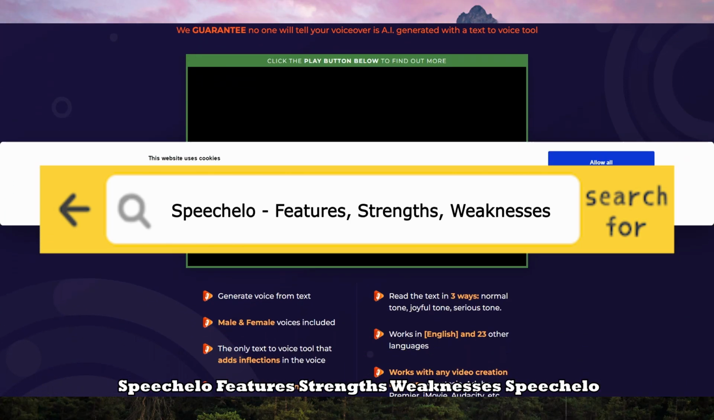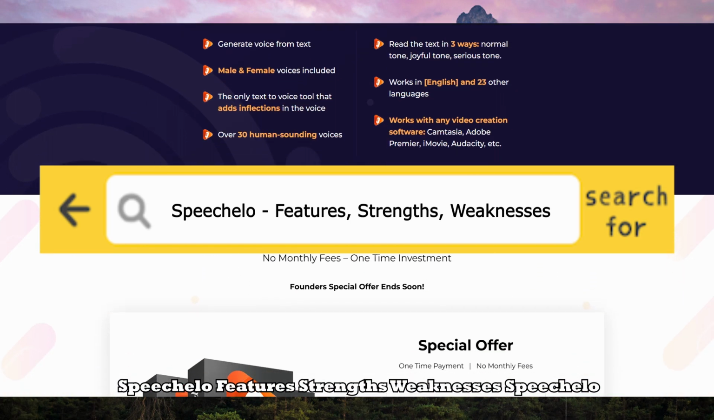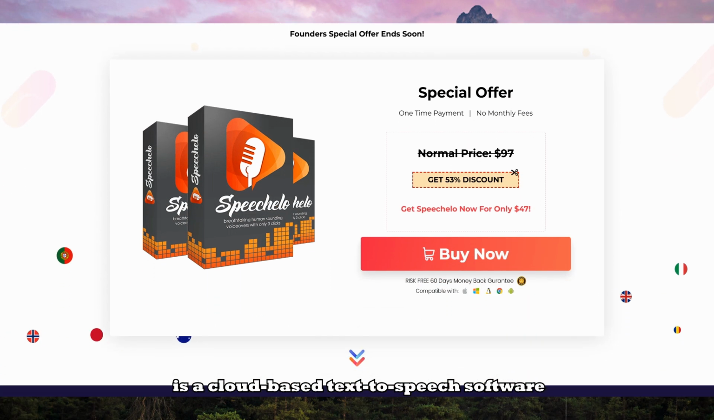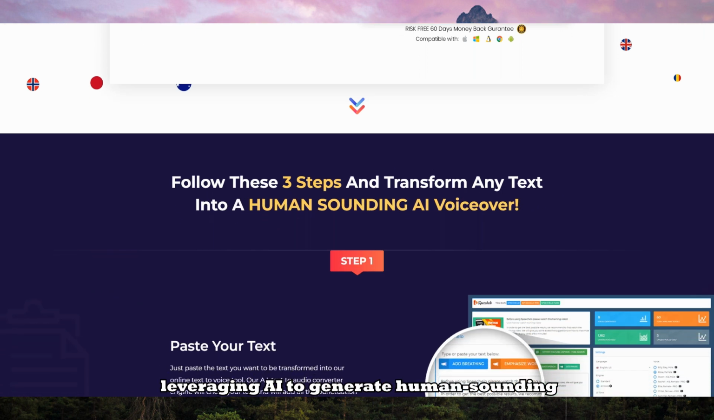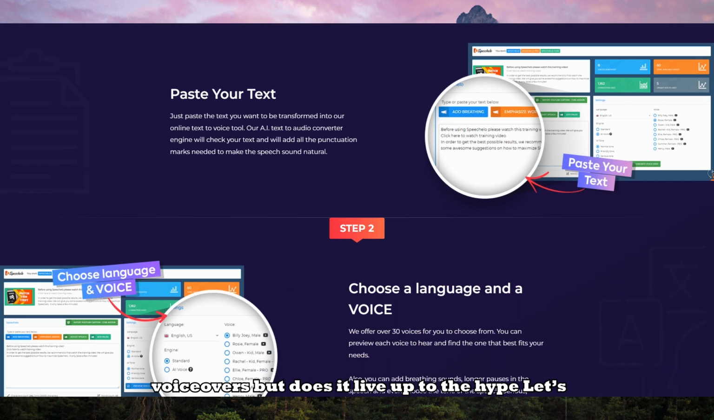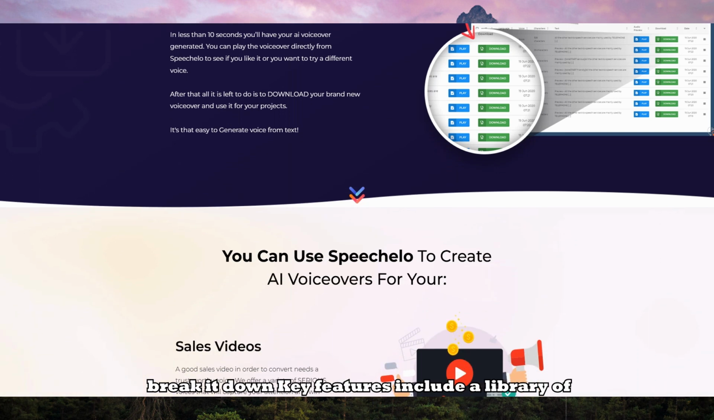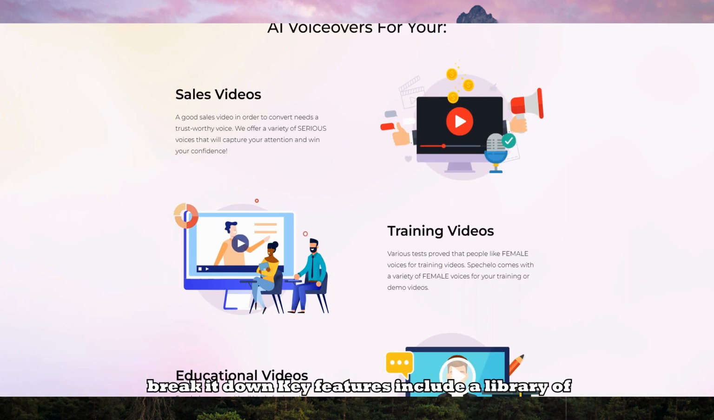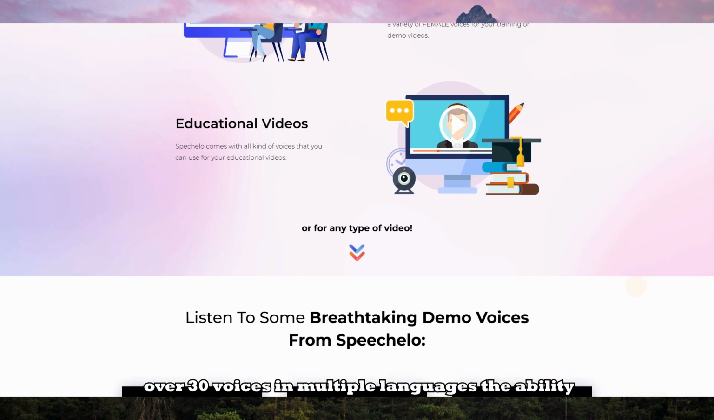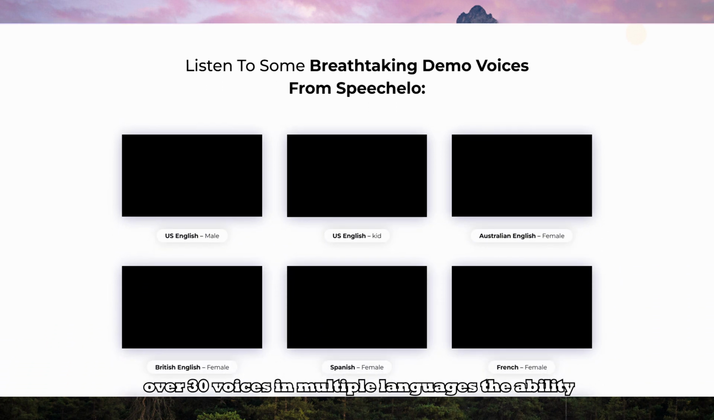Speechelo features, strengths, weaknesses. Speechelo is a cloud-based text-to-speech software leveraging AI to generate human-sounding voiceovers. But does it live up to the hype? Let's break it down. Key features include a library of over 30 voices in multiple languages, the ability to adjust